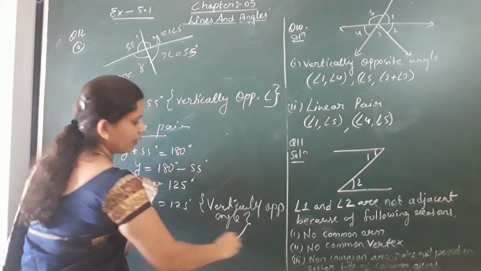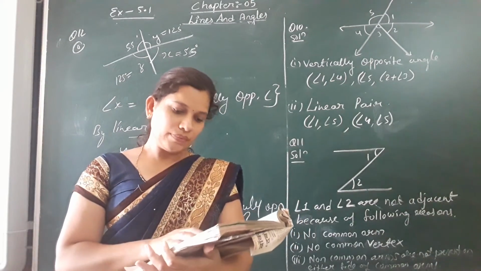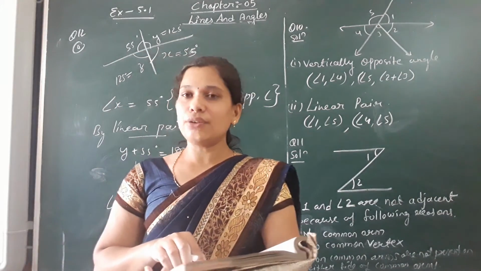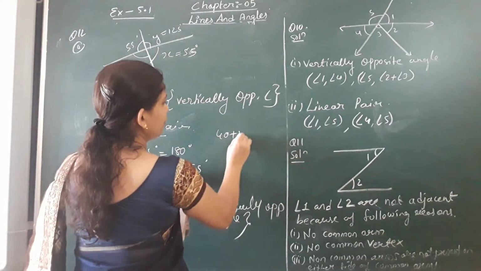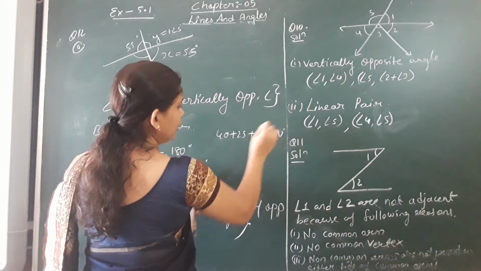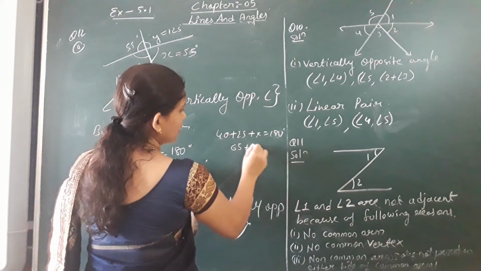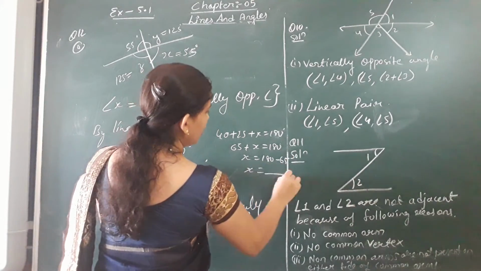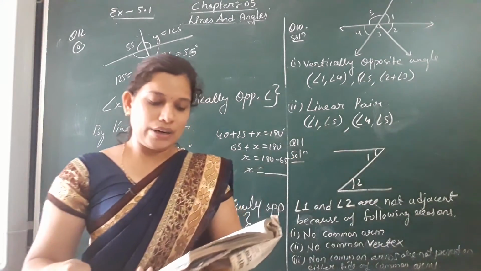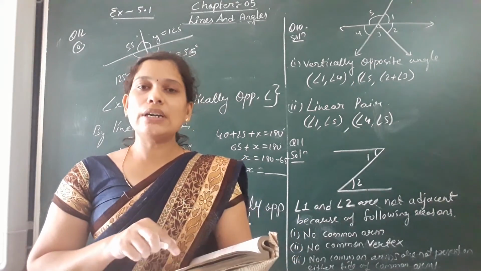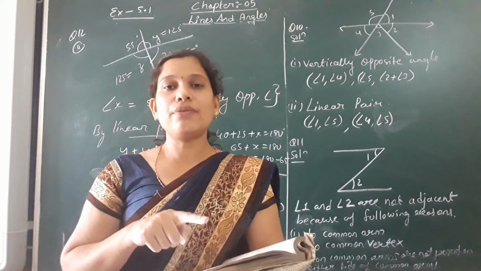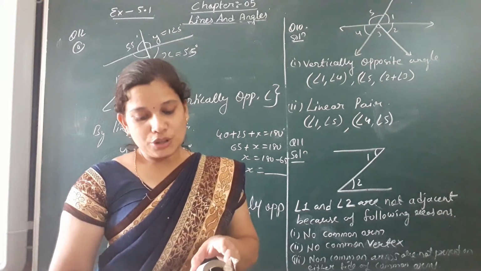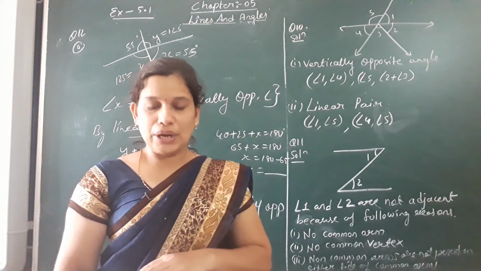Clear up to here? Then next, the B part is also the same. By linear pair you can find that angle 40 plus angle x plus angle 25, that is 40 plus 25 plus x is equal to 180 degree by linear pair. So it will become 65 plus x is equal to 180, x is equal to 180 minus 65. You will get the required answer for x. In the same way, x will be vertically opposite to angle y, and with the help of angle y you can automatically find angle z by the linear pair axiom. Clear everyone?